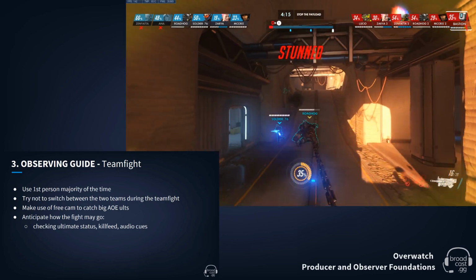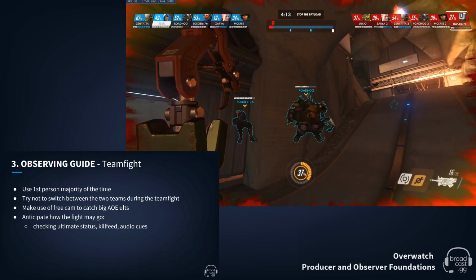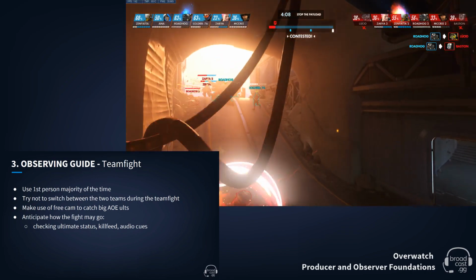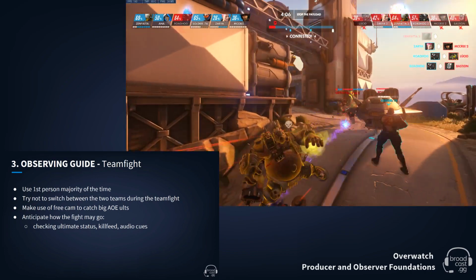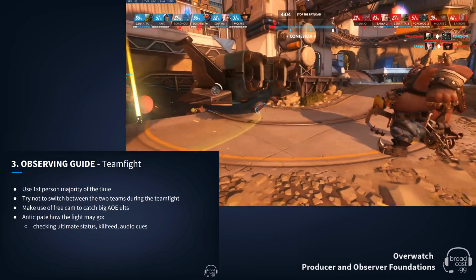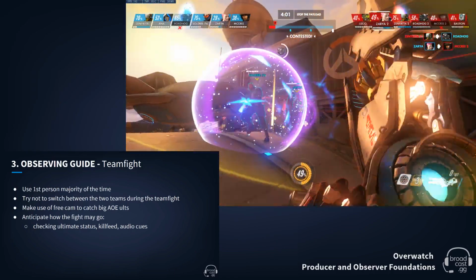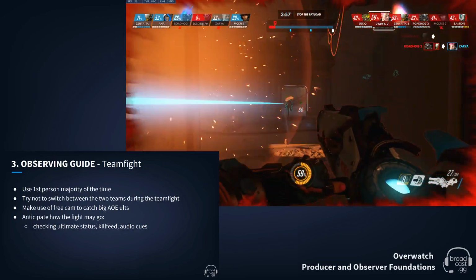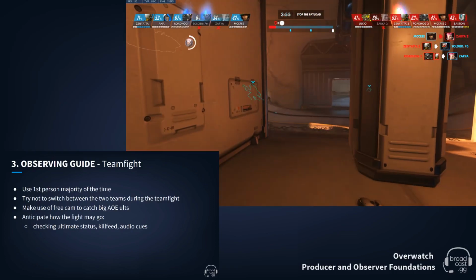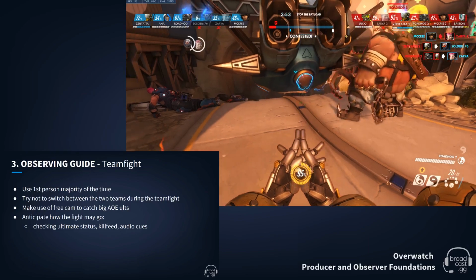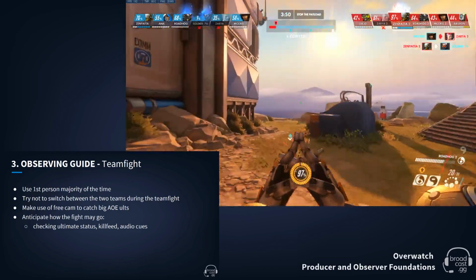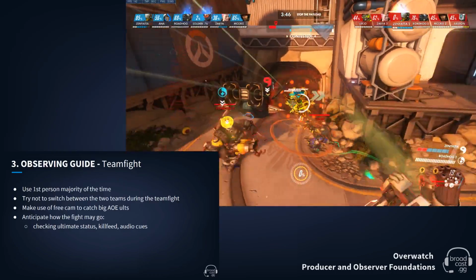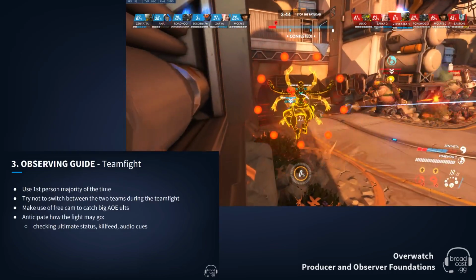As the fight develops here in the team fight, now we see the payload starting to get a little bit of distance. Oh no, Bastion! But as the fight develops, we want to stay mostly in first person. This is so that you can capture most of the action of the game, as we mentioned, and to showcase the skill of the individual players, and so there's not as much downtime in lingering on dead bodies and that kind of thing. Try to, throughout the team fight, also try to stay on one side, usually the attackers again,